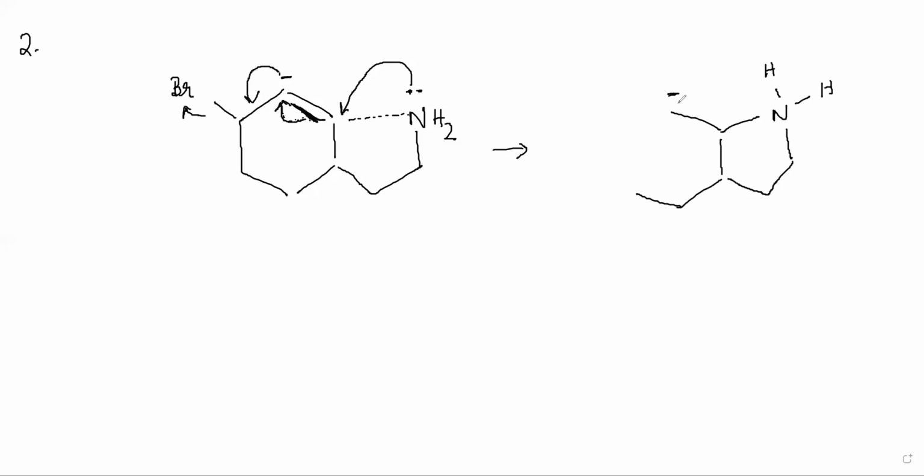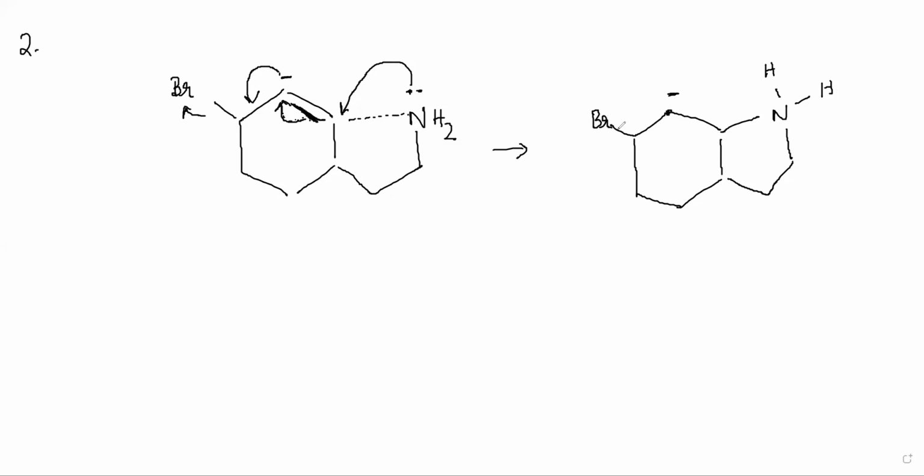Right now there is a carbon negative, right? I will do it in steps. So right now there is a carbon negative. This is the situation right now after the formation of the single bond, right? Correct. So this is a carbon having a negative charge. It is better where bromine has the negative charge rather than carbon, right?